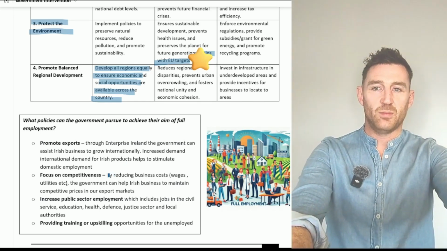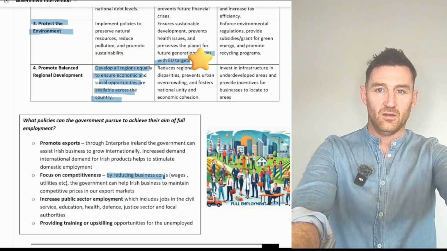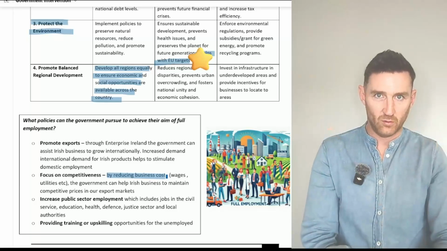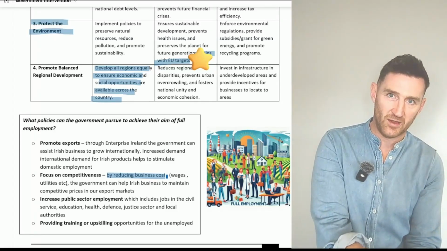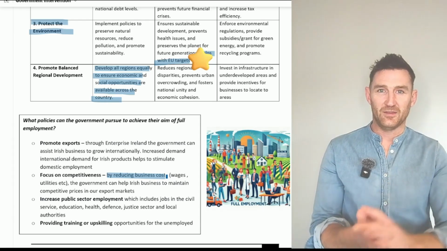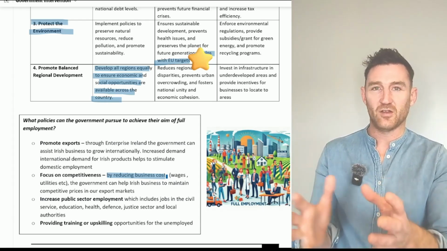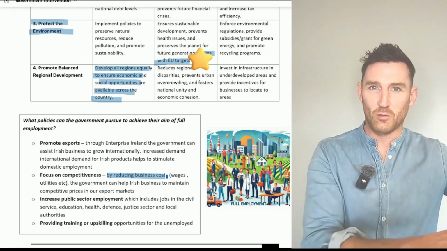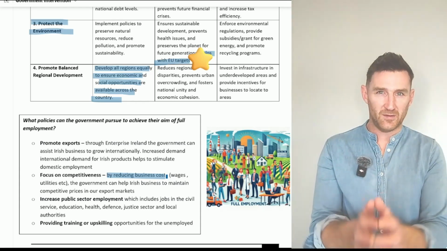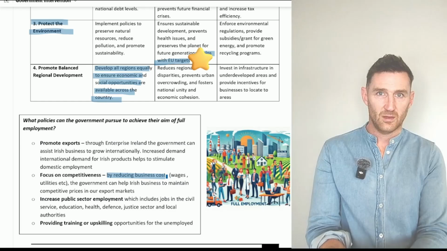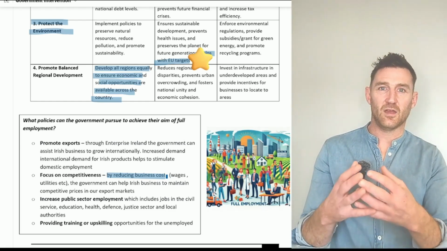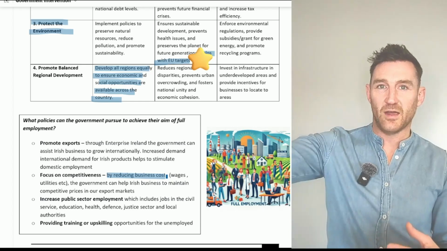If you want to be more competitive, it's all about your costs. So increasing competitiveness is all about reducing costs. So if we have a low cost base for businesses, that means we're competitive. And the offshoot of that is, and this is another example of how this topic links in with what we see in macro, we're really linking into international trade here. If businesses in Ireland have low costs, they can keep their prices low. And what that means is that our goods are then more competitive in international markets.